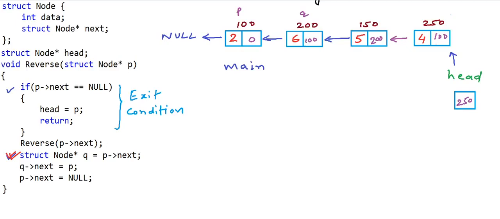There are a couple more things here. One thing is that instead of writing these 2 lines, I could write 1 line for these 2 lines. I could say something like p arrow next arrow next equal p, and that would have meant the same, except that this statement is more obfuscated. And there is one more thing. We have assumed that head is a global variable. What if head is not a global variable? This reverse function will have to return the address of the modified head. I leave that as an exercise for you to do.